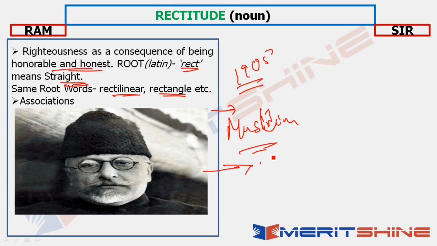This is the time also when he struck a very dear friendship with Deshbandhu Chittaranjan Das. He started his magazine Al Hilal in this period. In that, he criticized British policies and also explored the rich cultural tradition and link between Hindus and Muslims. He was a secularist at heart, right? So he always wanted an India where all communities, all castes would be